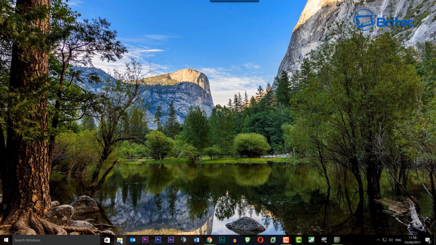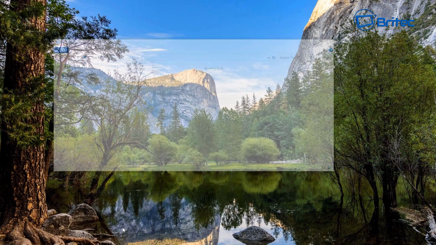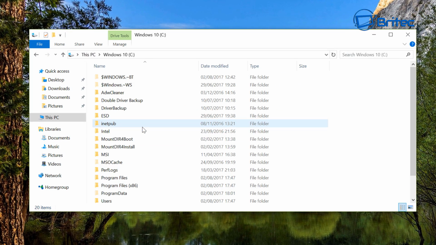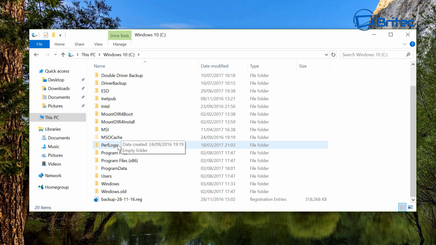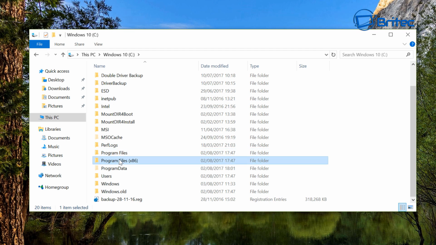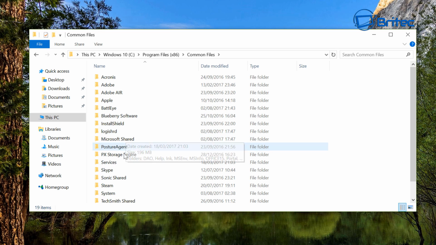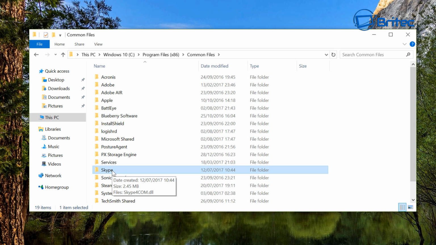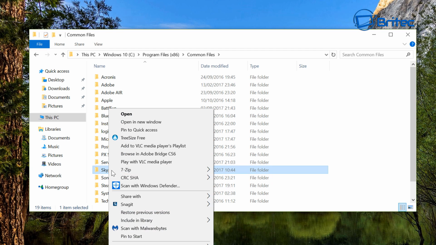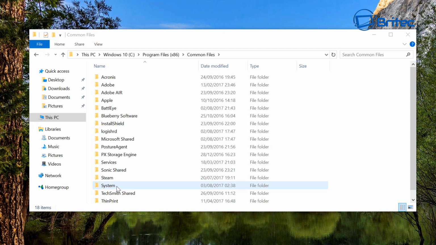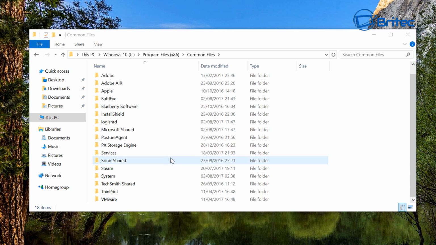So we're going to open up our file explorer here first and go into the C drive and then go into our program files where your Skype folder is located. In this case it will be x86. Go into the common files and then look for the Skype folder, and then we're going to delete that also because there'll be stuff inside there that we don't want, so we're just going to delete that. Once we've deleted that folder, we can now close this off,